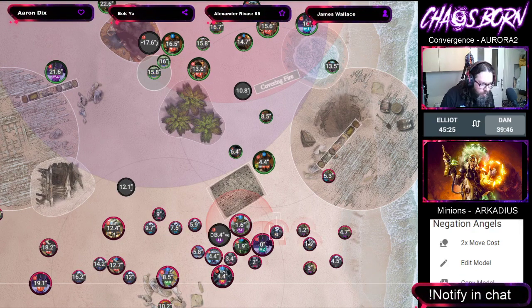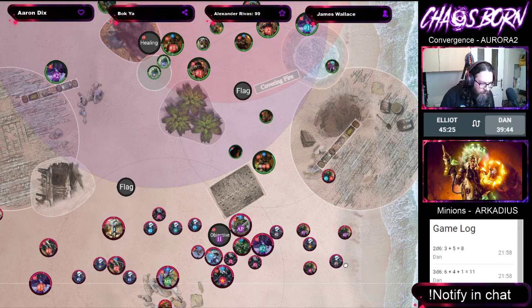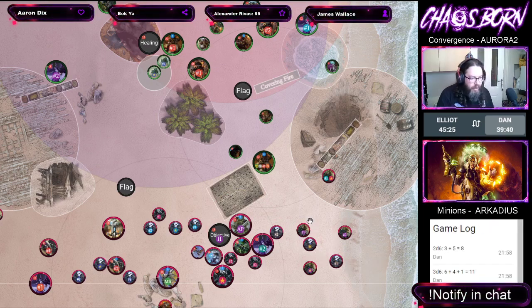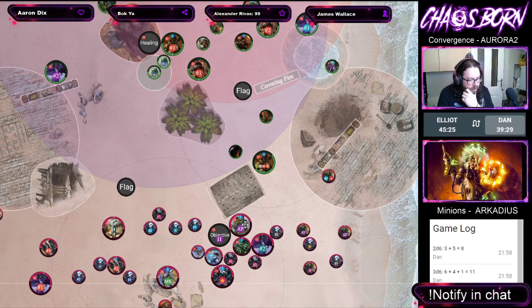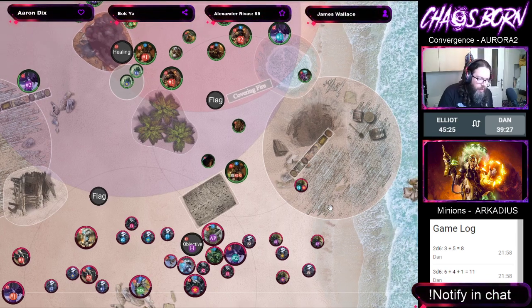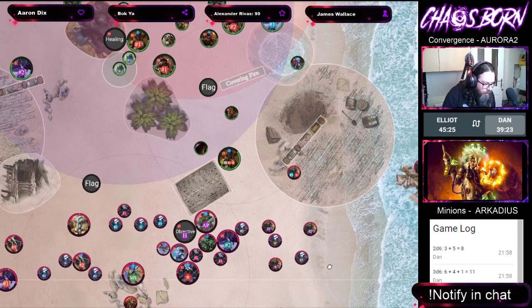So I think the angels have to go and hit you first. Do I want to? I don't think I do want to feat. The question is, if I'm not feating, yeah, okay, I got my plan. Right, so on the right hand side, we'll do negation angels on the right